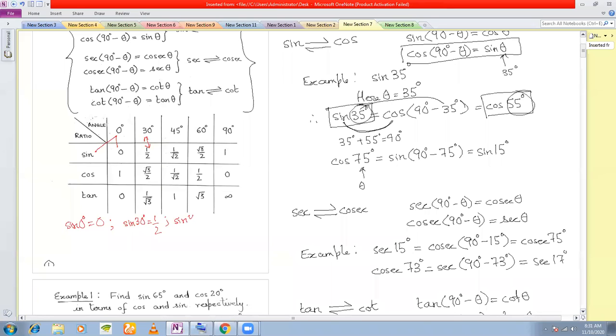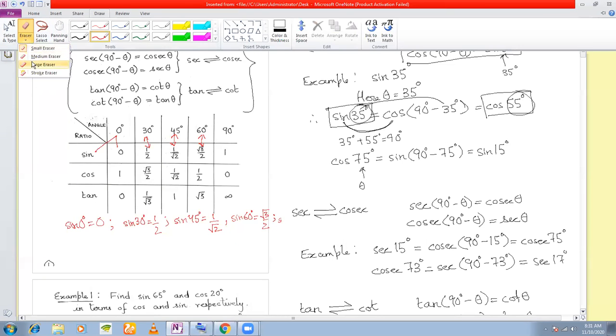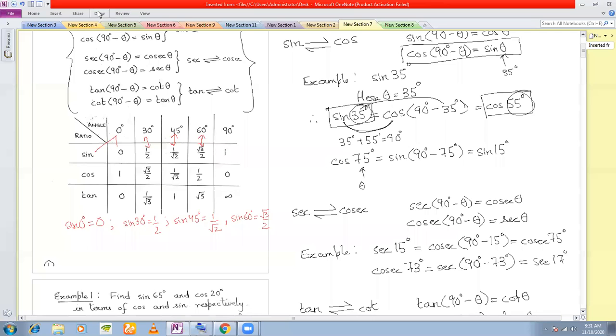Sine 45 degree is equal to 1 by root 2. Remember, sine 60 is root 3 by 2. And finally, sine 90 degree